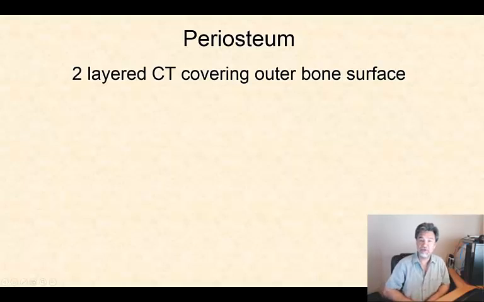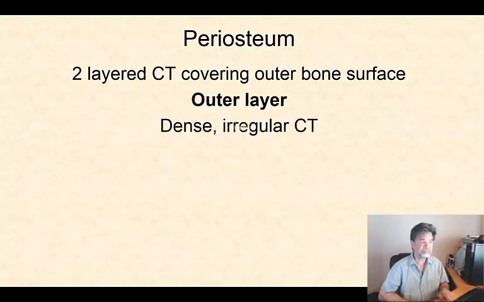Okay, so let's continue on with our discovery of all the neat things about bones. And so now we're going to talk about the structure that protects the bones. It's a two-layered structure, a membrane, if you will, that protects the bones, sheathes them, and contains a couple of very significant layers. The outer layer is made up of dense irregular connective tissue. It's very tough, very durable, and contains some interesting components that we need in order for our muscles to work